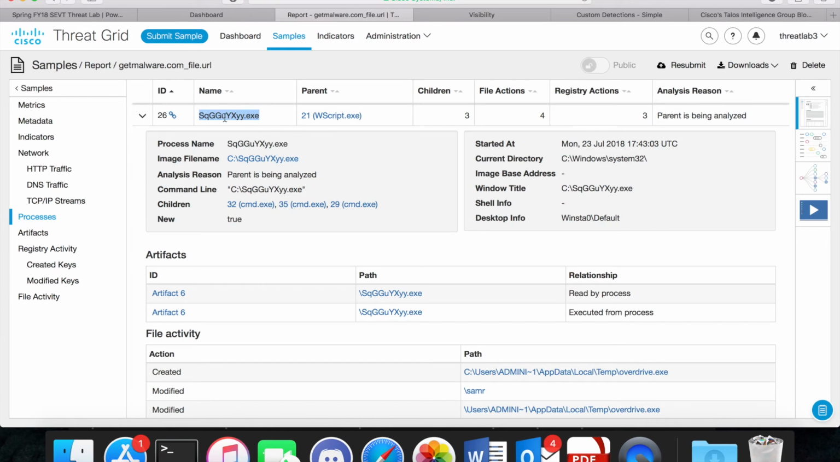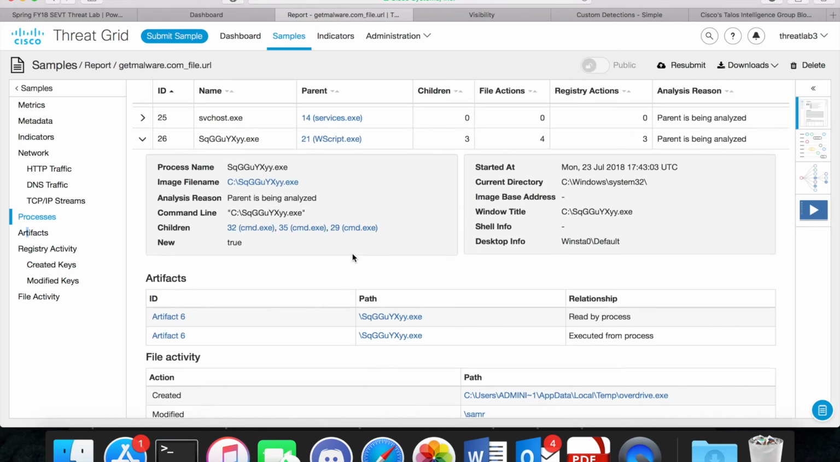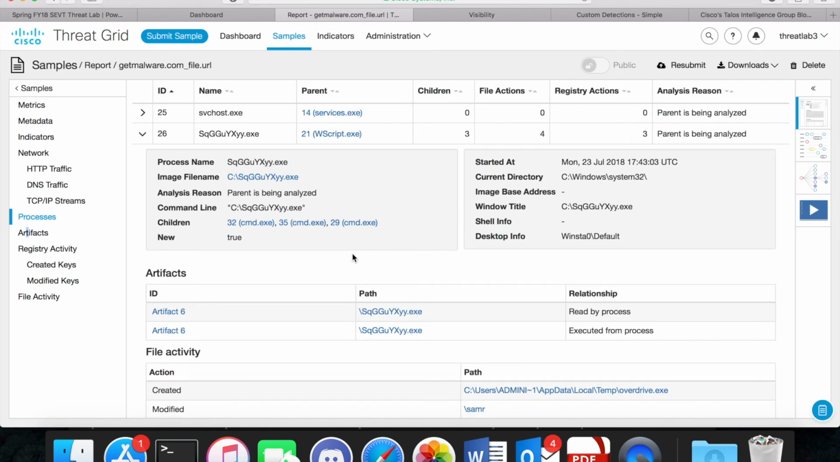So if you find this, you can kill off the process. You can see more things, artifacts. Artifacts are used to better understand where the malicious